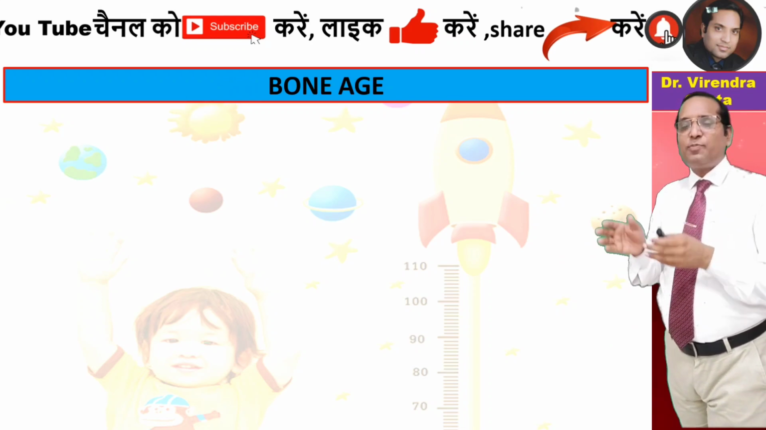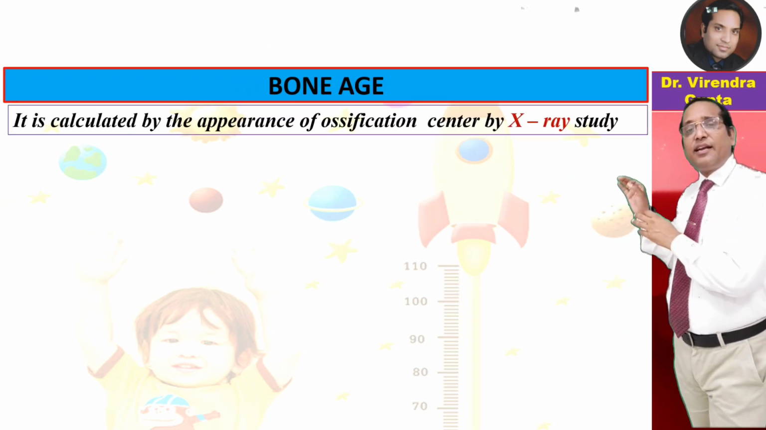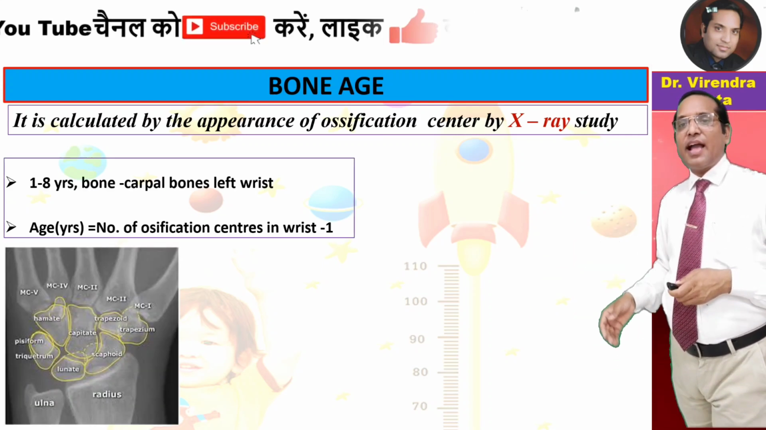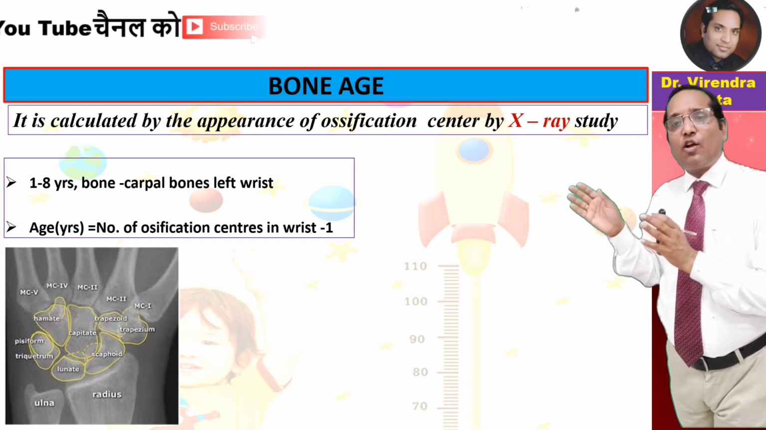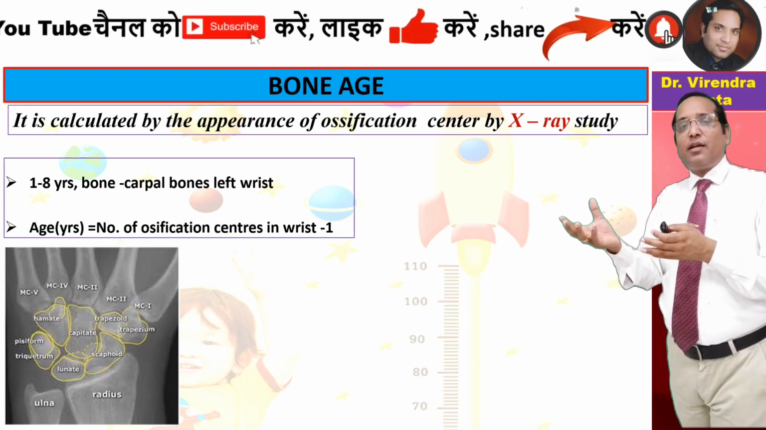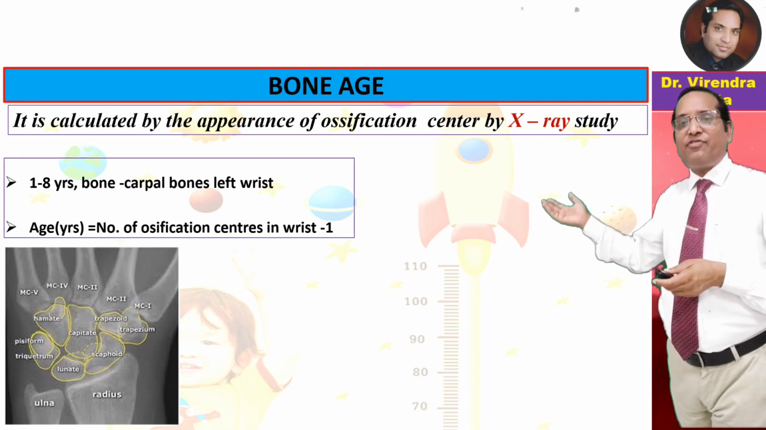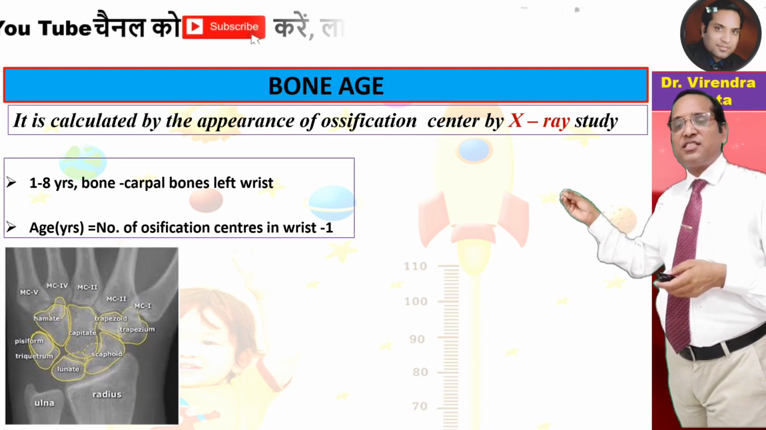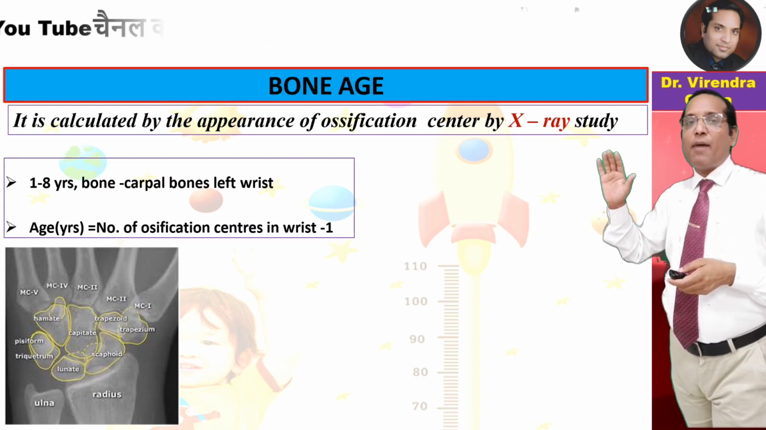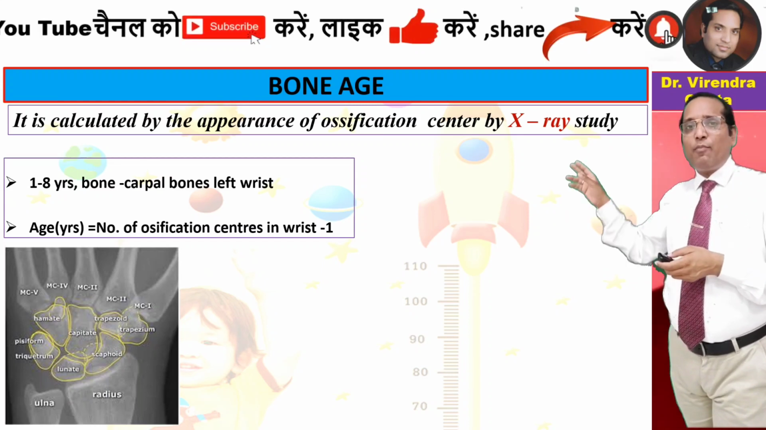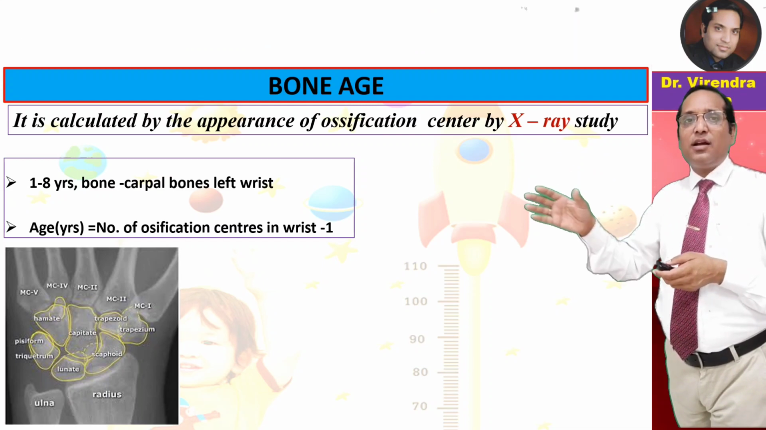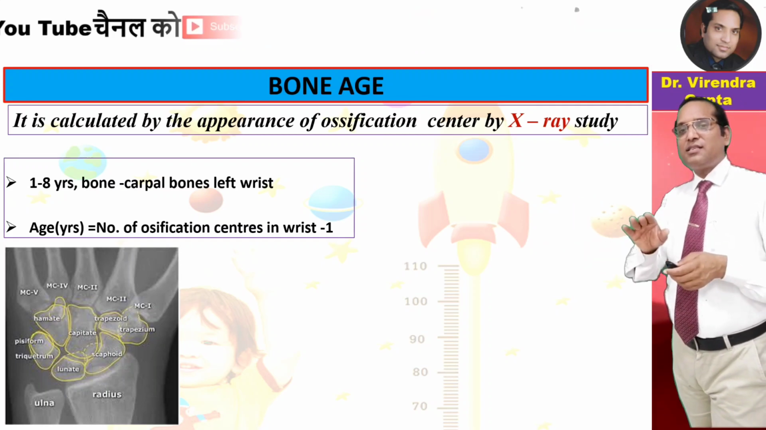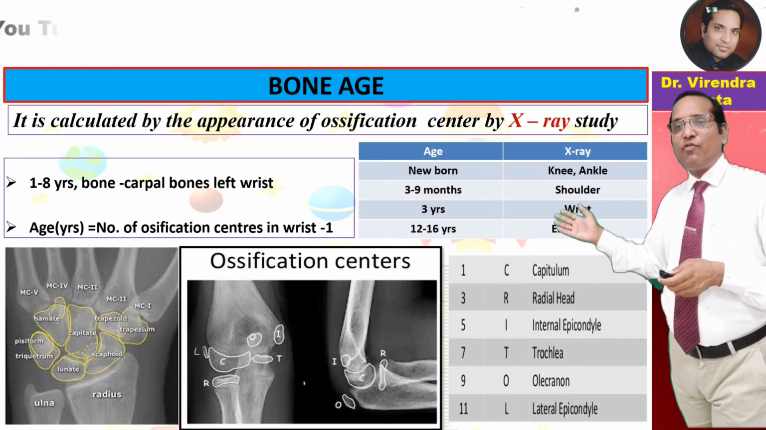So guys, the next parameter is the bone age, and it can be calculated from the appearance of the ossification center and can be taken by the X-ray study. Up to the 8th year of age, bone age can be calculated by the carpal bones of the left wrist, and the age is around the number of ossification centers which are seen in the X-ray minus 1. Like if 3 bones are ossified in the wrist, the age of the child is around 2 years. 5 bones is 4 years. So guys, it is calculated up to the 8th year of age, and